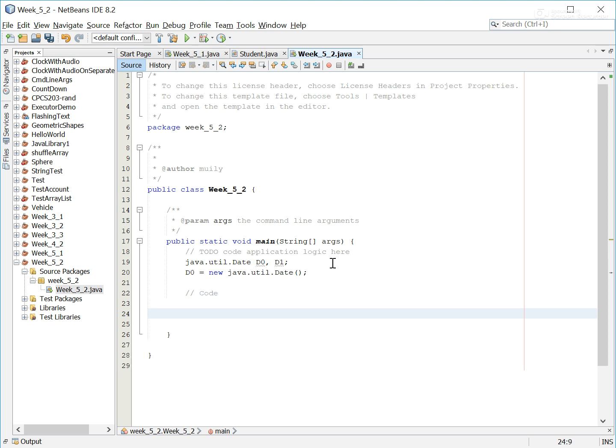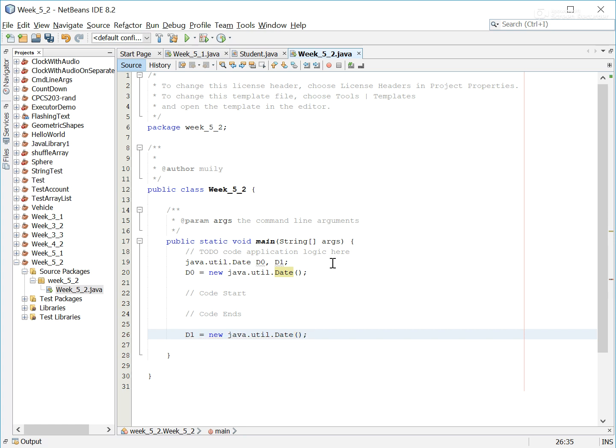let's use the date class to measure how fast some code that we write executes. Code begins over here, and anything that I write in between these two comments, we're going to measure the time it takes to execute that. So after whatever code I've written in there finishes running, I'm going to